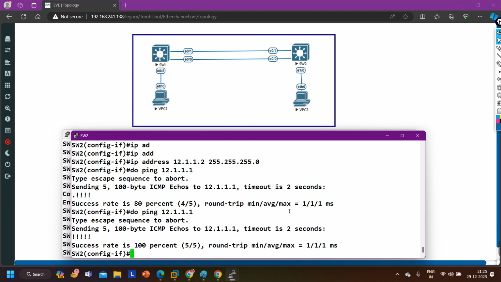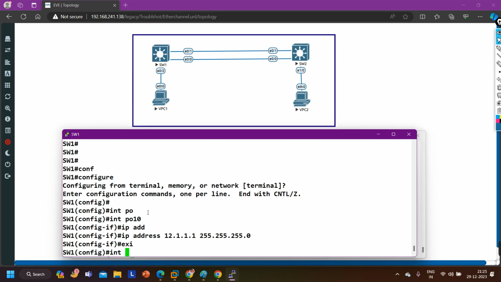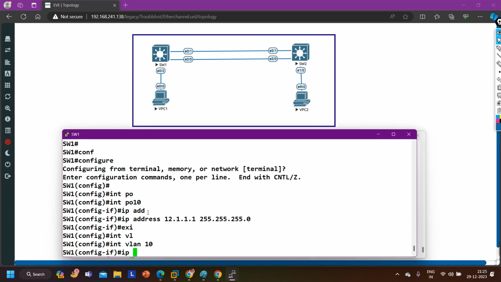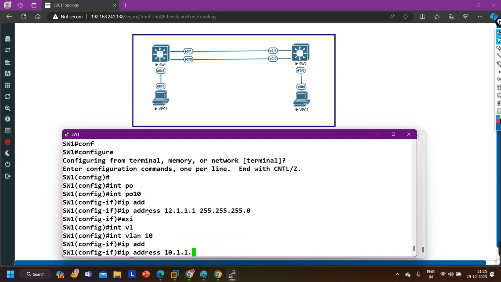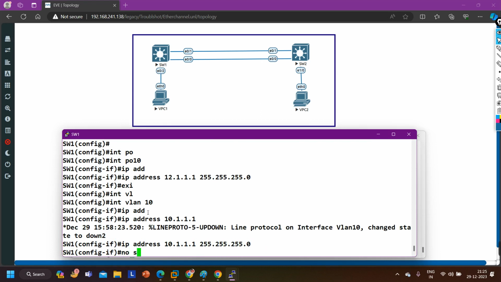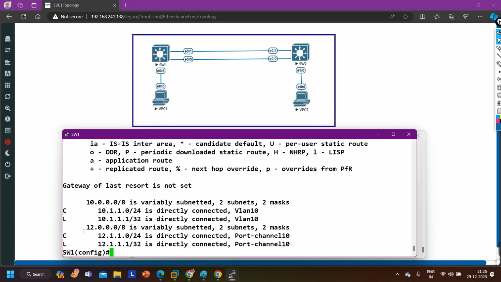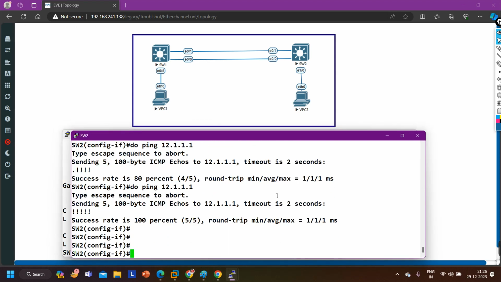Now ping is working between switch 1 and switch 2. What we can do here is create one SVI interface, VLAN 10, IP address 10.1.1.1, 255.255.255.0, and say no shut. Also do show ip route. In the routing table we have the 12 network and the 10 network on switch number 1. On switch number 2,